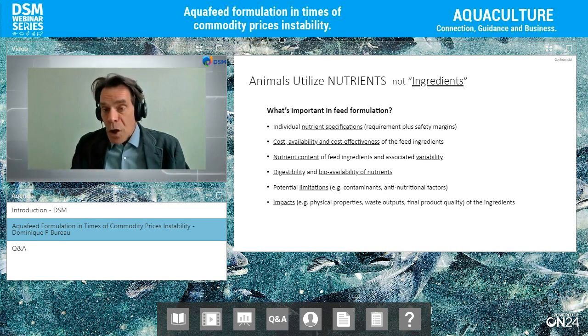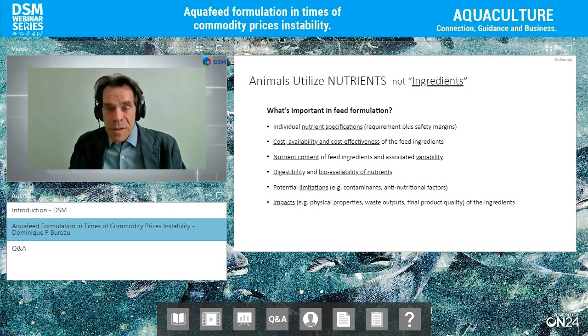So you should be looking at the cost and availability of these ingredients, but not just the cost per weight, right, but the cost effectiveness. If you have an ingredient that contains more protein and fat than another one, well, it would be worth more than the previous one. You have to focus on the nutrient content and how variable it is. So 10% fish meal may mean very different things if it's a South American anchovy meal from Peru versus a Southeast Asian fish meal, which is fish byproduct, all kinds of fish species mixed together. So we have to be very careful about that.